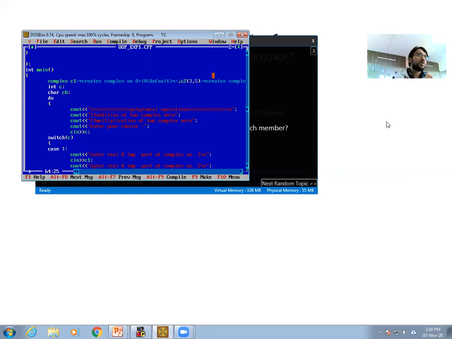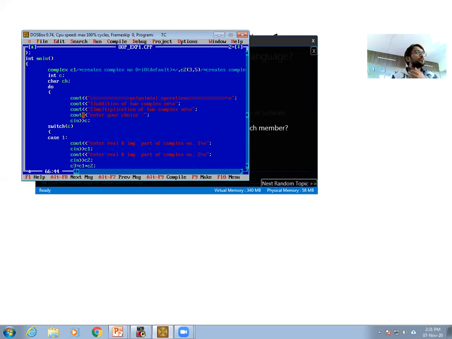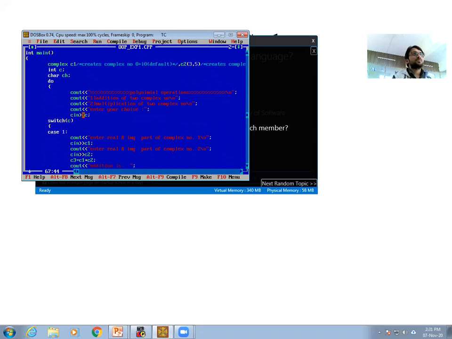We also have an integer C to get those values. We also have the variables C3 and C4. So let us go through this program.